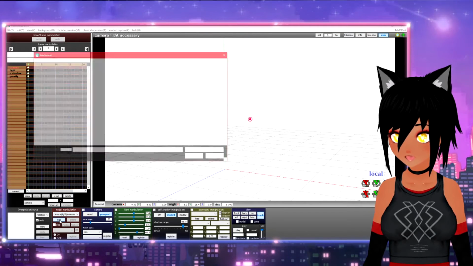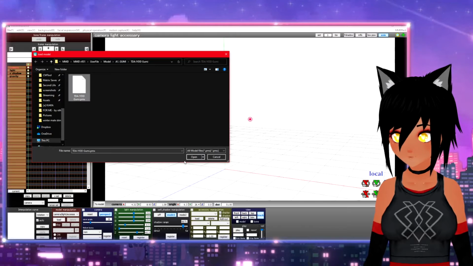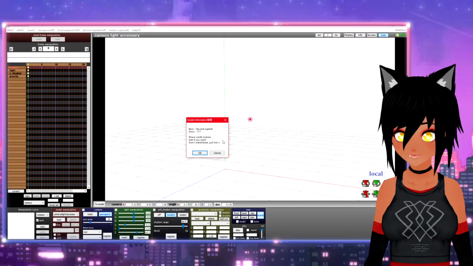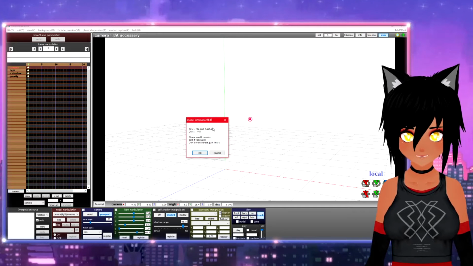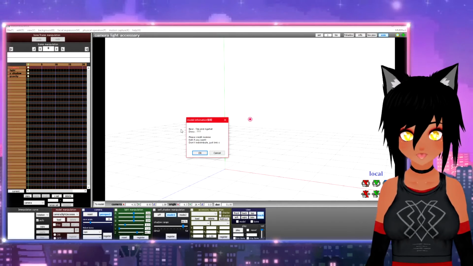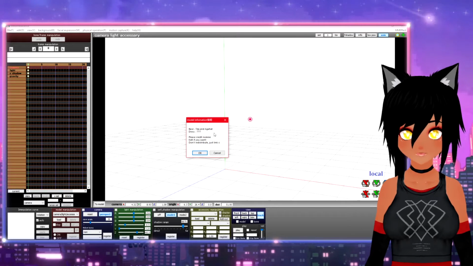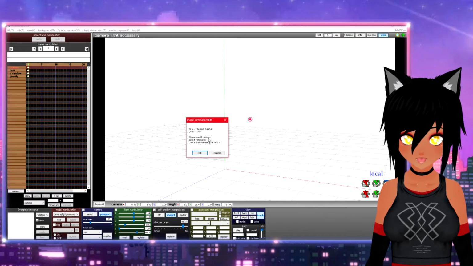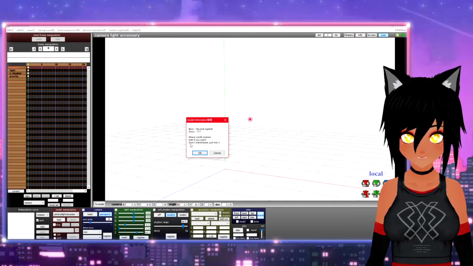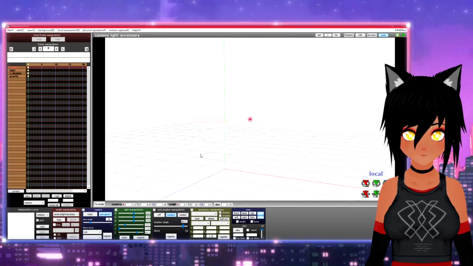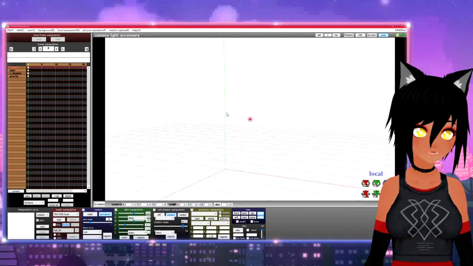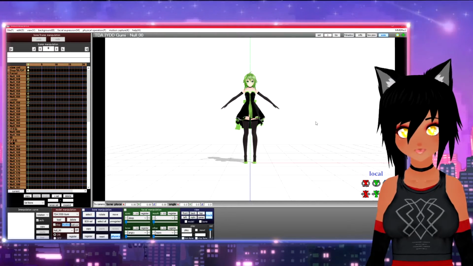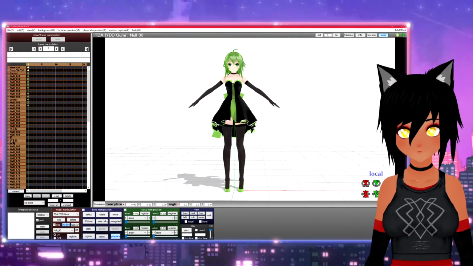Now let's load a model. All right, let's click, and it'll give you some information. Model makers will put their own information. It might be terms of service or whatever. So right here, it says, please credit Domi, edit if you want, don't redistribute, just link. It'll give you the little terms of service, or it'll just be blank, or it could be a whole paragraph. It's whatever. But here we go.